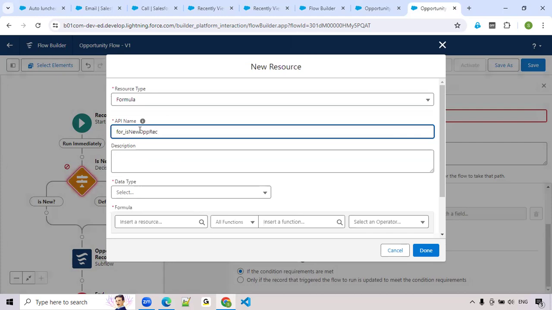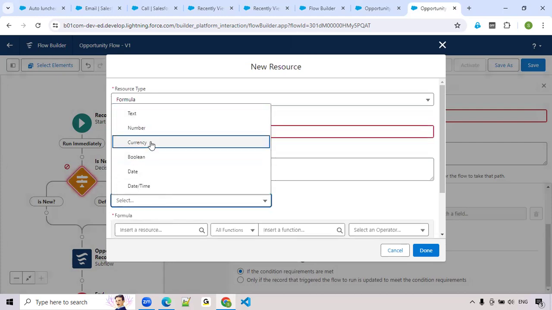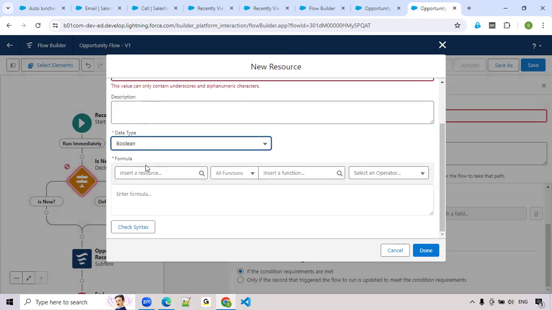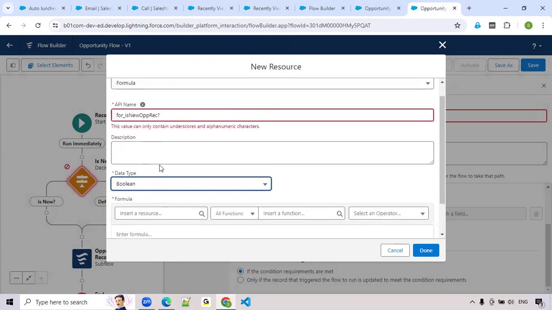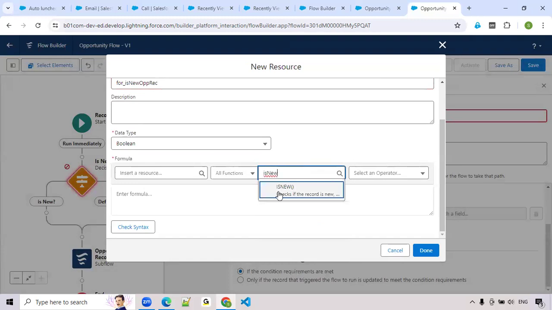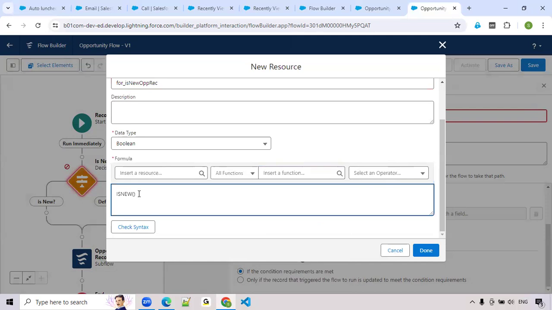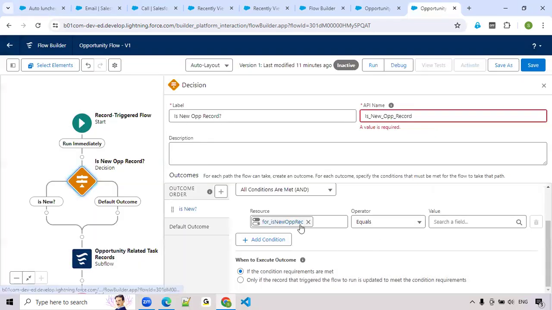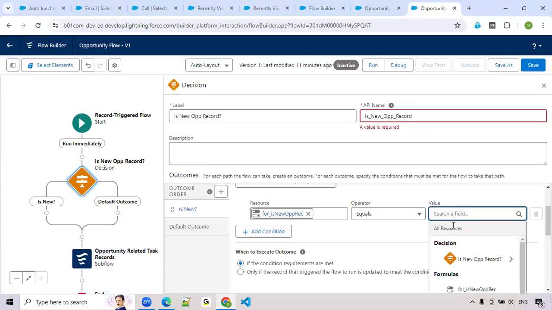Is new OPP rec, data type boolean. Okay, so here we can search it. Yeah, now it appears. So record-triggered flows only support this new functionality. Auto-launched flows do not support this new functionality. Let's check the syntax. If it is new, it returns true. Otherwise, it returns false. So if is new record equals true,